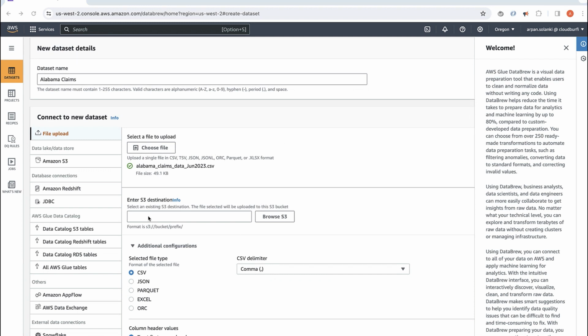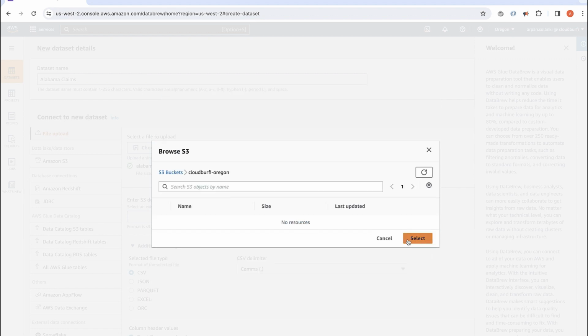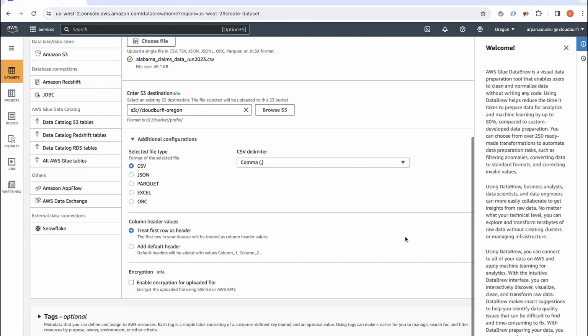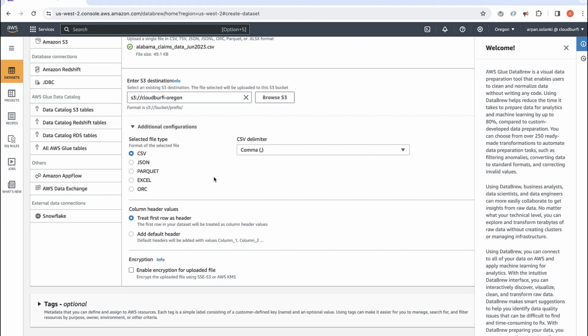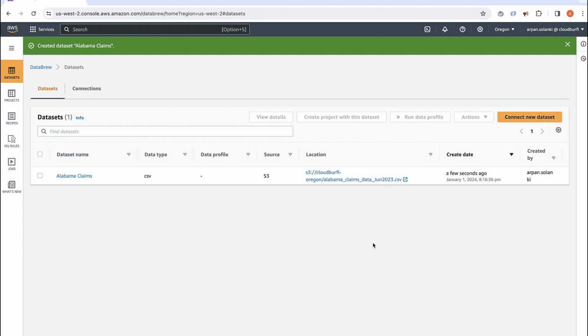Now for the destination, give any S3 bucket name that you want. So I'm going to browse and then select a bucket that I've already created. So you'll have to create an S3 bucket. And here we are going to select the format as CSV, comma separated, and then click on create dataset. So now once the dataset is created,